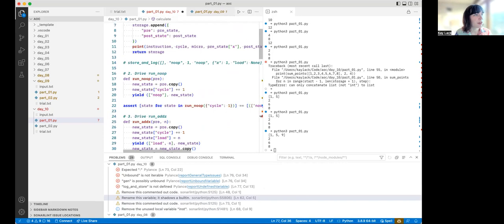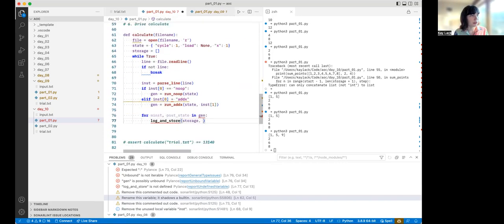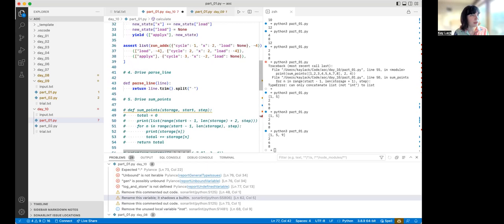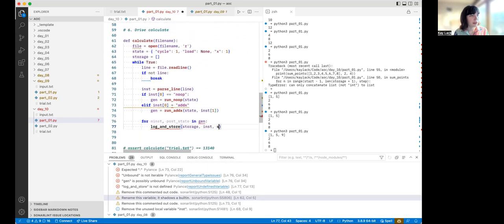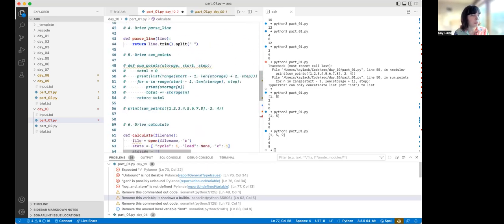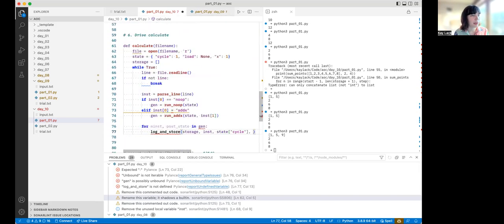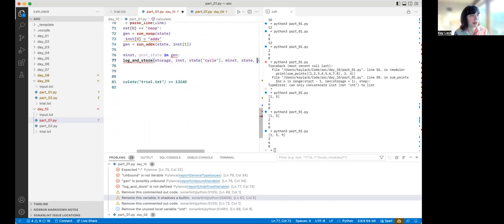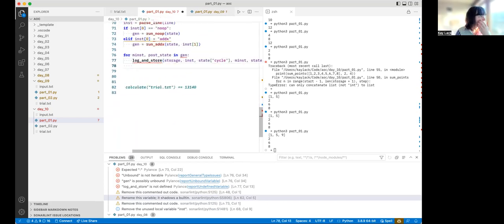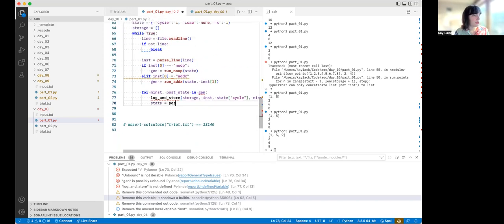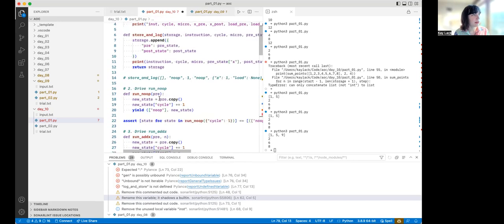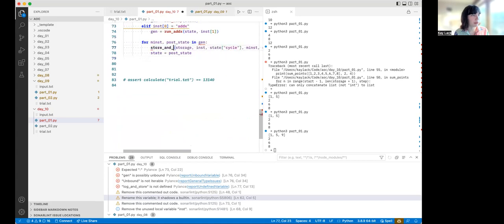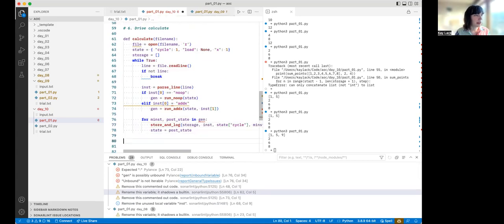Okay, storage, instruction, cycle being the state cycle, micro being minced, pre-state being state, and this being post-state. And then state equals post-state. And then store and log, come on. Okay, and then at the end,